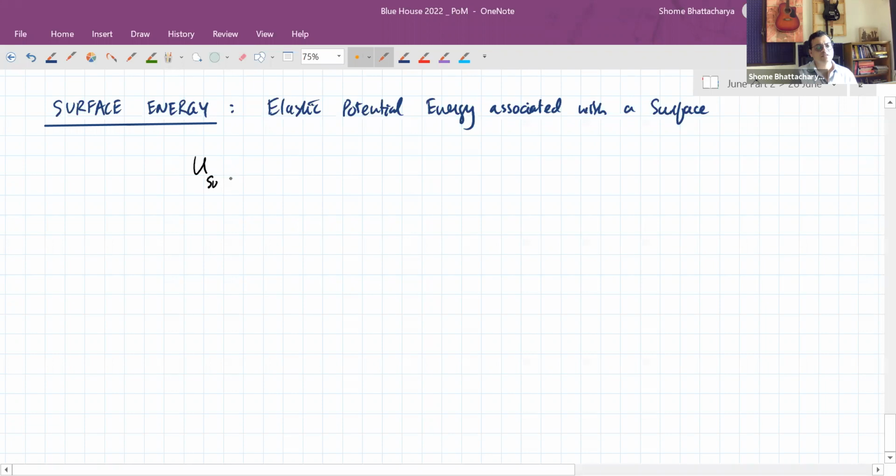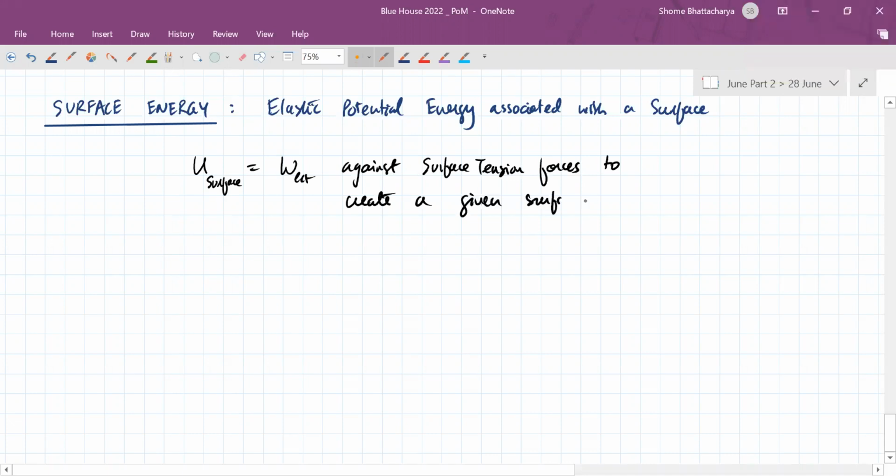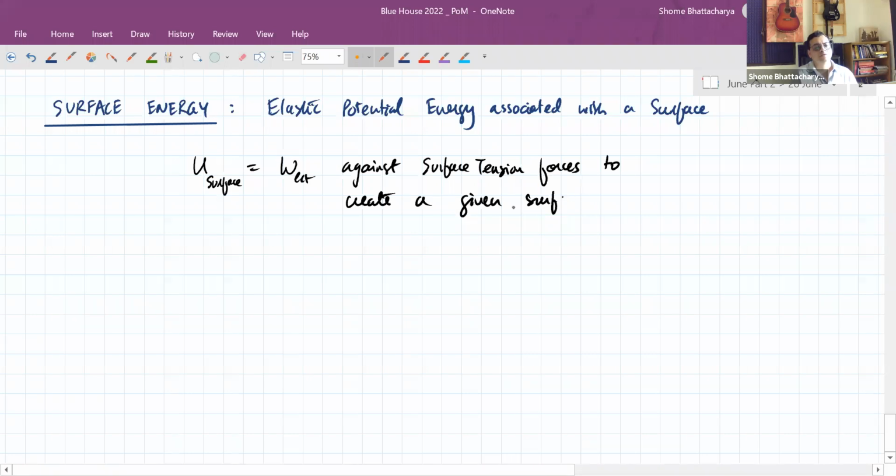done by the external force against the internal conservative forces. So in this case, we can define the surface energy as the work done by an external agent against the internal conservative force, which is in this case surface tensional forces, to create a given surface. That is the surface energy stored in it. Okay, so this is equal to the surface energy of this